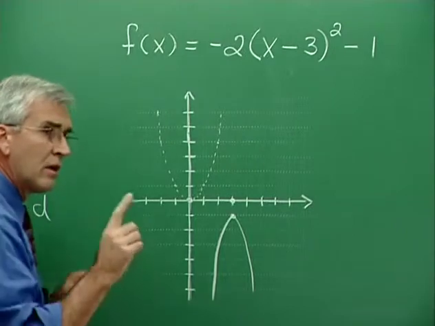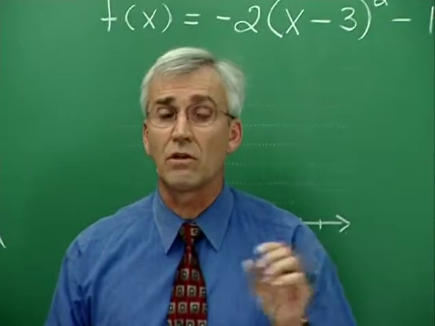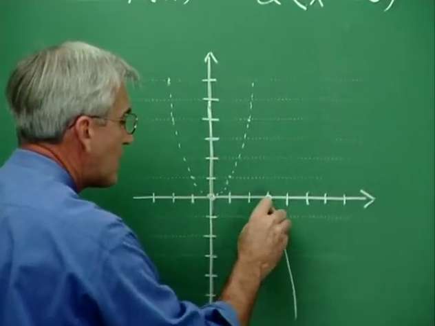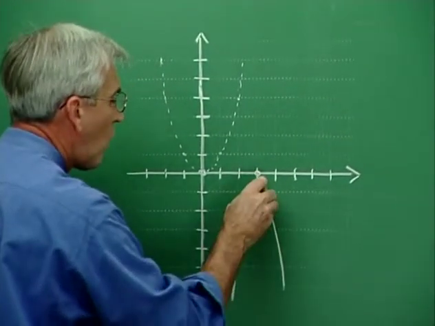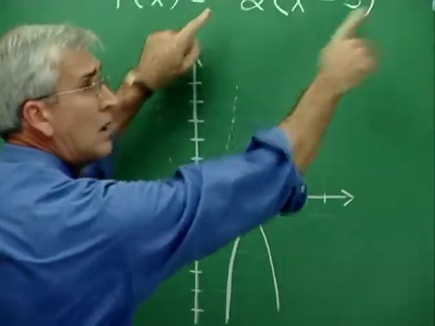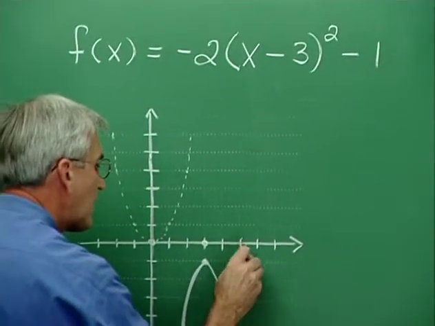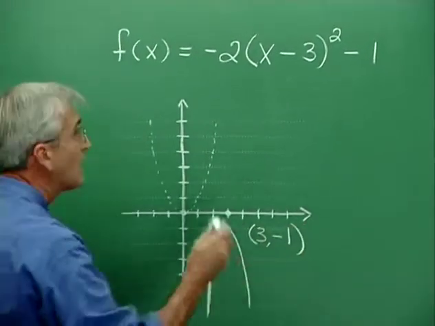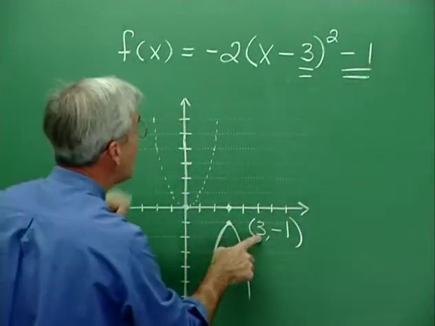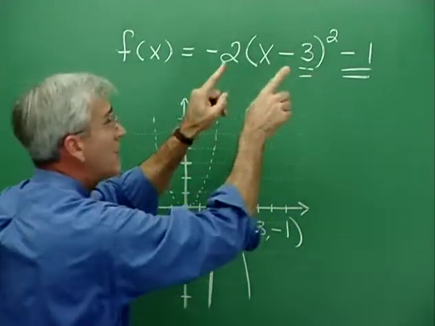Now, the vertex of a parabolic curve is either the topmost point or the bottommost point on the curve. Now here, for this one, it's the topmost point. So this is the vertex. And it turns out that the coordinates of the vertex can be found by looking at this form of the function. That is, our vertex here is at the point 3, negative 1. And notice we have 3 here and negative 1 here. Now notice that the 3 is a number that follows a minus sign. So the coordinates of the vertex can be found in this